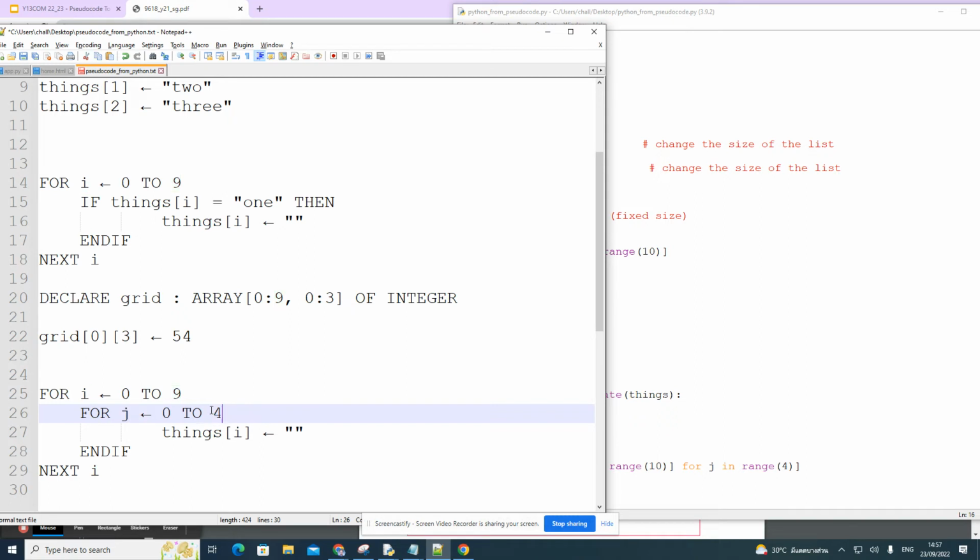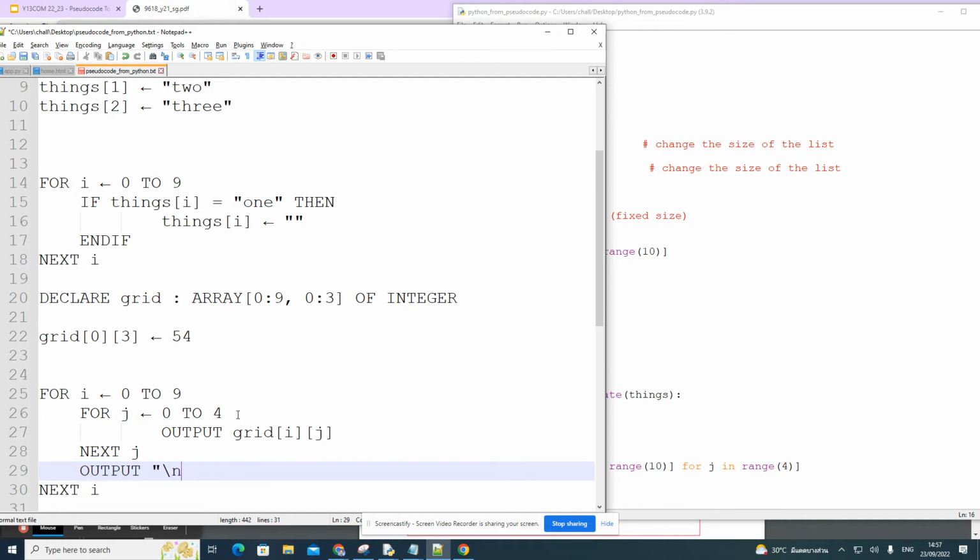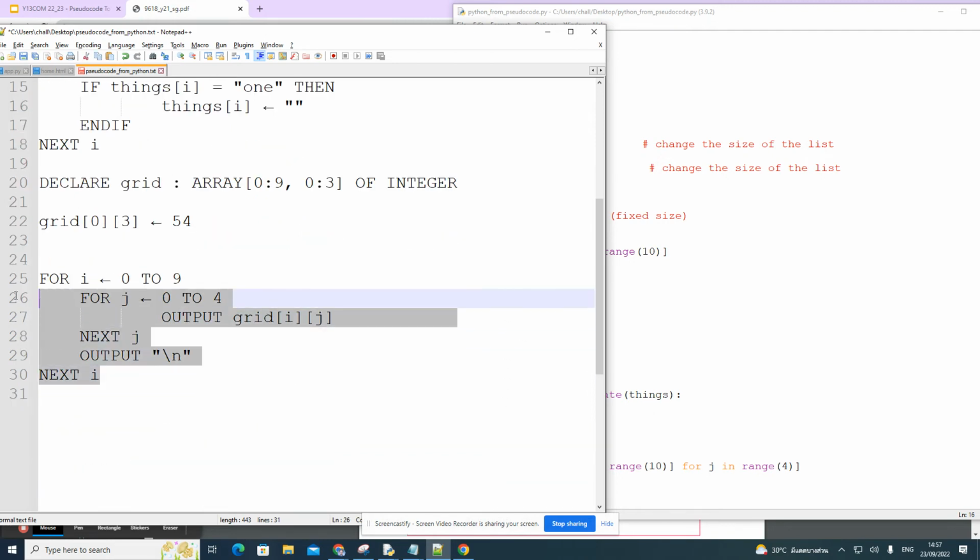A common design pattern is to need to use a nested loop to loop through every element in every row. So let's say something like output grid at row I at column J. What we might want to do here is output a new line. This is what we said was difficult to understand the expectations. So I would assume using the new line character is fine at this point. So this is how we would loop through and print every